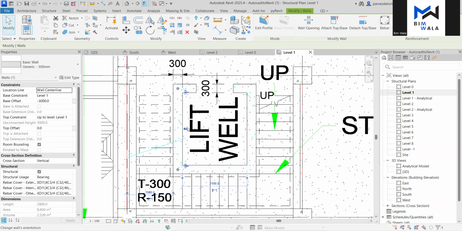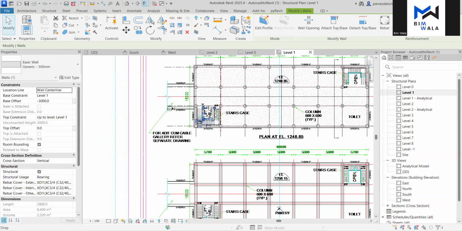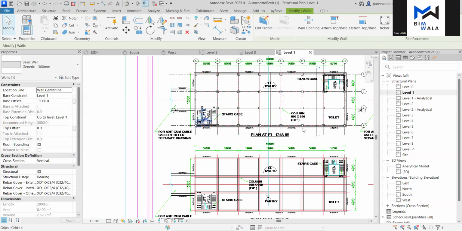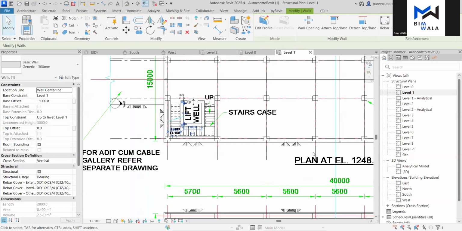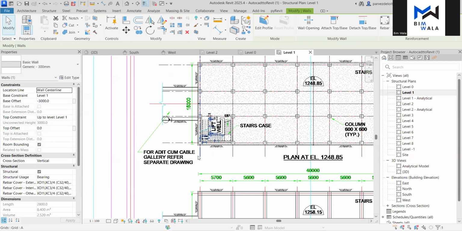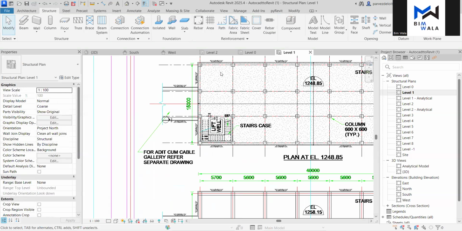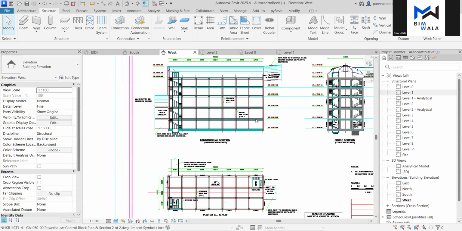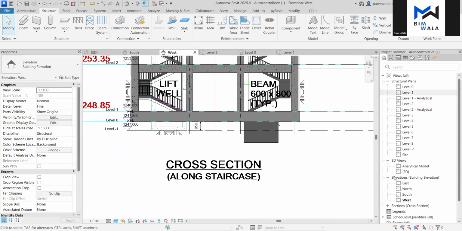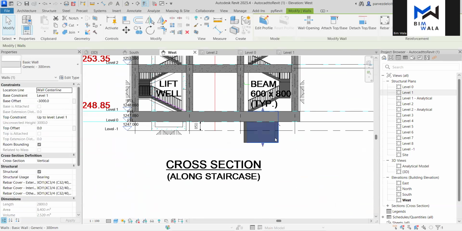The thing is that we need to check whether it is coming up from this level to 1250 level, or whether it is going down from 1248 level to some other level. That we need to check in another view. Okay, we can go to the 3D view or we can go to the west view so that we can have any idea where this wall is happening. See, now it has gone to the below level. Okay, it has gone to the below level, right? So, however, we need to go to the above. All right,